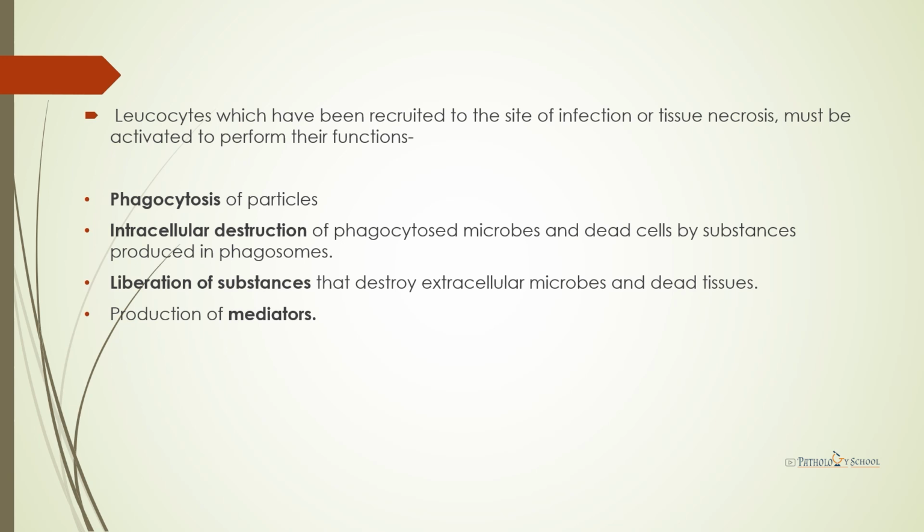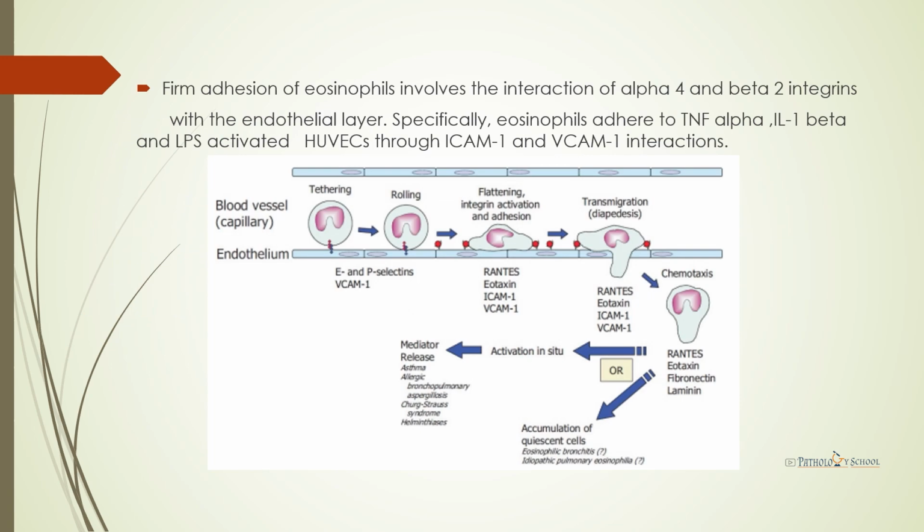Hence, if there is a defect in neutrophil or leukocyte adhesion or migration, then these functions will be affected. Accumulation of eosinophils involves the interaction of alpha-4 and beta-2 integrins with the endothelial layer. Specifically, eosinophils adhere to tumor necrosis factor alpha, interleukin-1 beta, and lipopolysaccharide activated human umbilical vein endothelial cells through